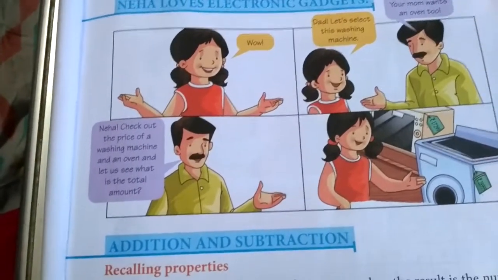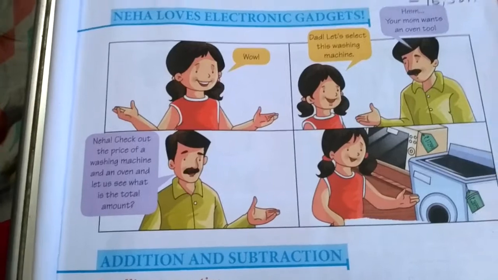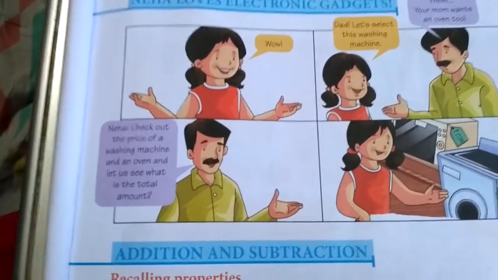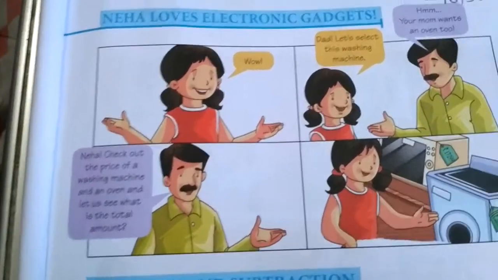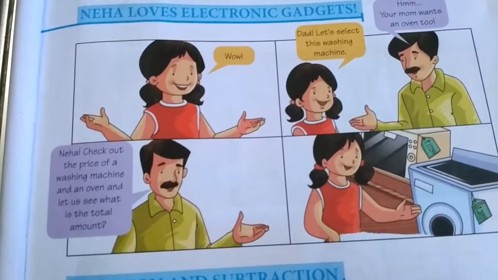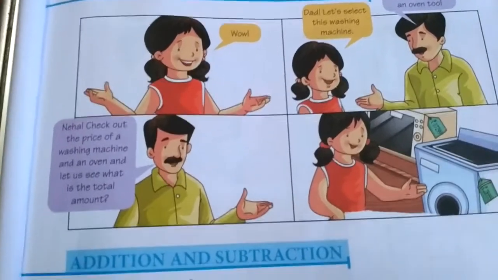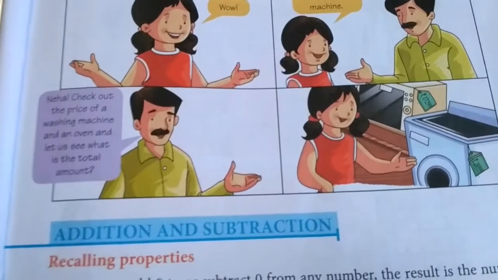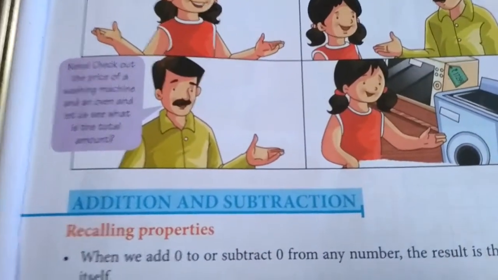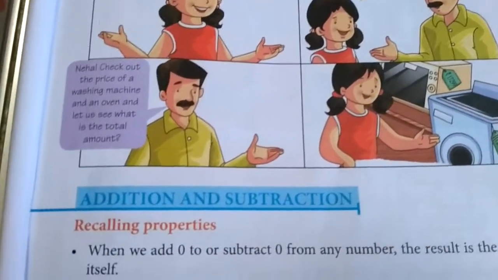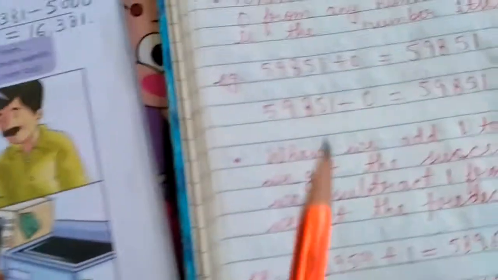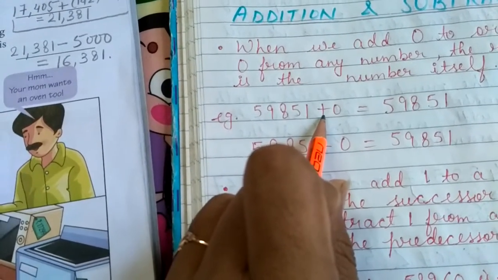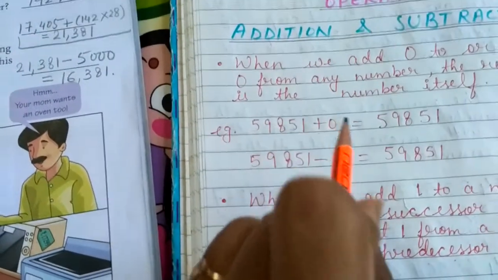So whenever we have to find out the total amount of more than one item, suppose we are purchasing 2 or 3 or 4 items or even more, and we want to find out how much total money we are going to spend or how much total amount it will cost us, then we have to apply the fundamental operation of addition, which is denoted in maths by the plus sign. Okay, this sign indicates addition.